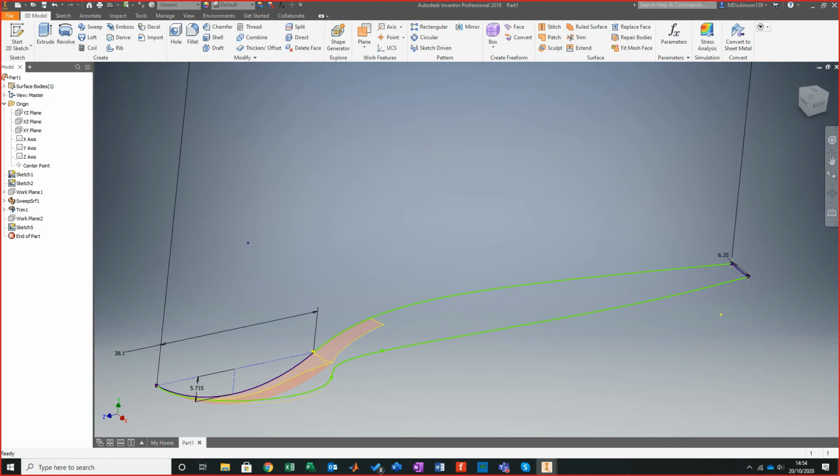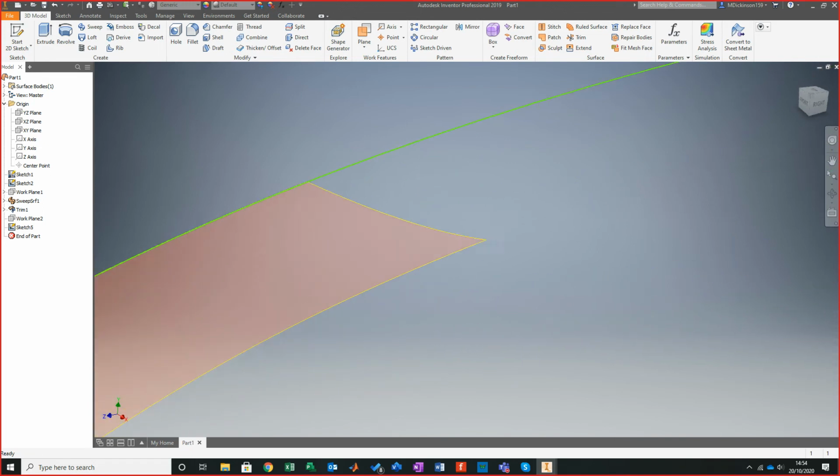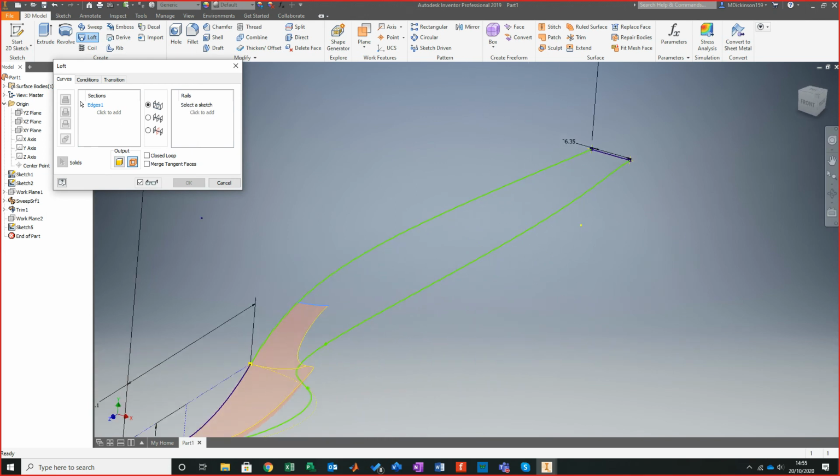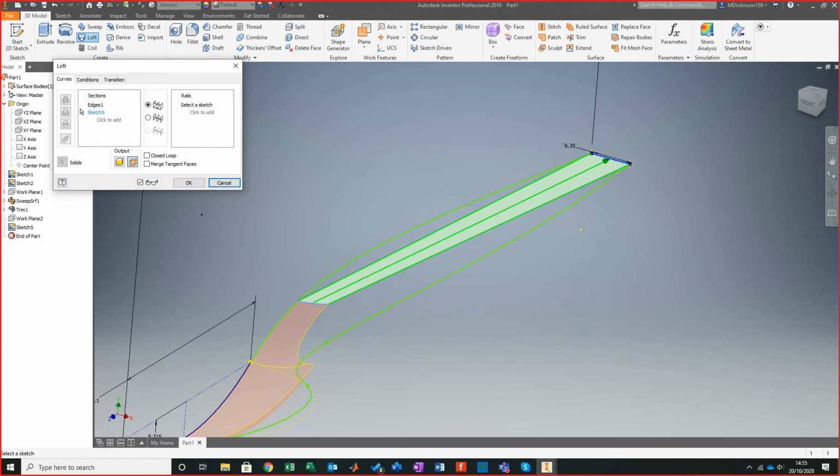Now, let's try it again. Now this can come down to, no, that's okay. So I'm going to do loft, this profile, to this profile, and we want to add